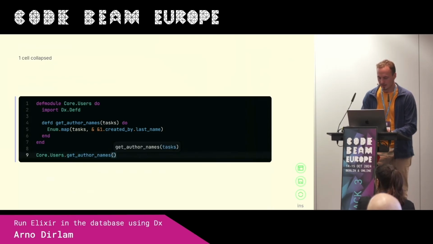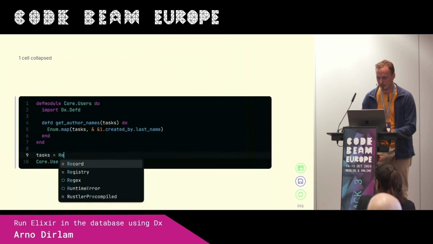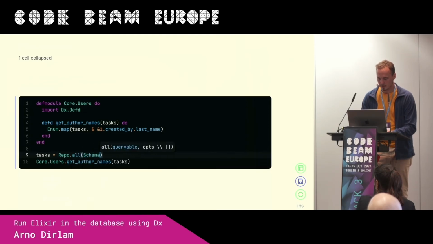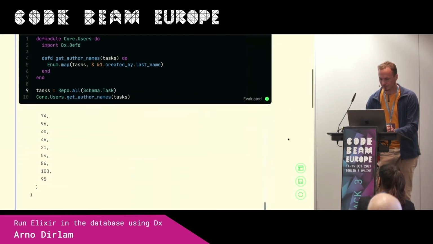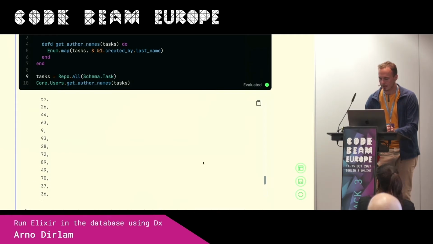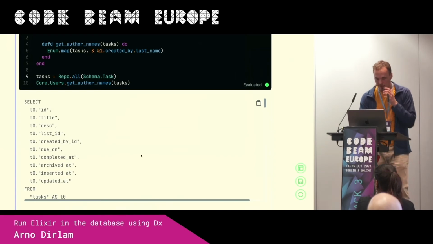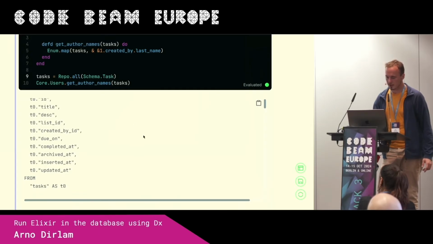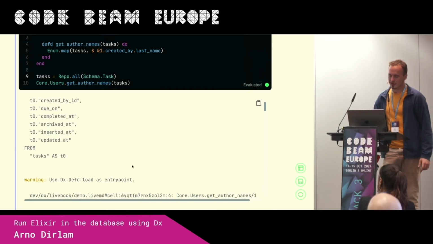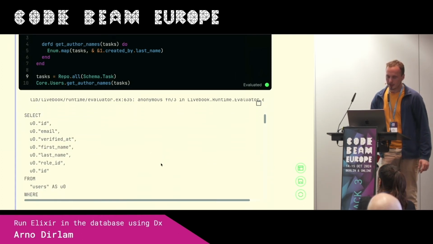And so in order to call this from somewhere, you can basically call the function and pass in some tasks. Let's say these tasks, for now we load them using Ecto. And when this gets run, I enabled some formatted SQL output here. So first we have the SQL query for the tasks, that's of course the Repo.all. Then we get a warning here, which I'll come back to in a second. And then you will see